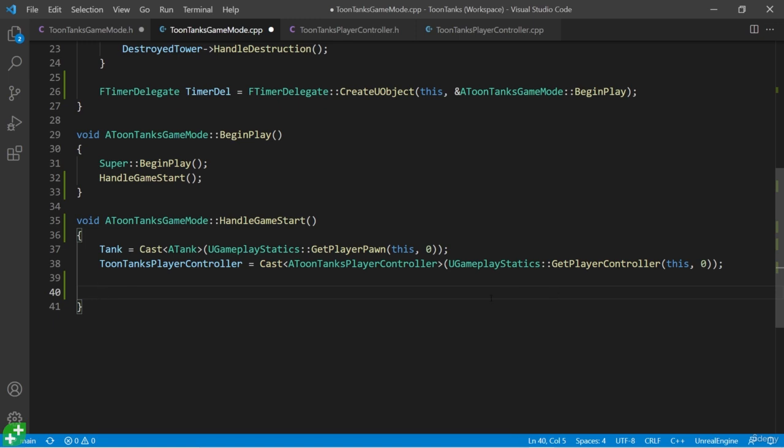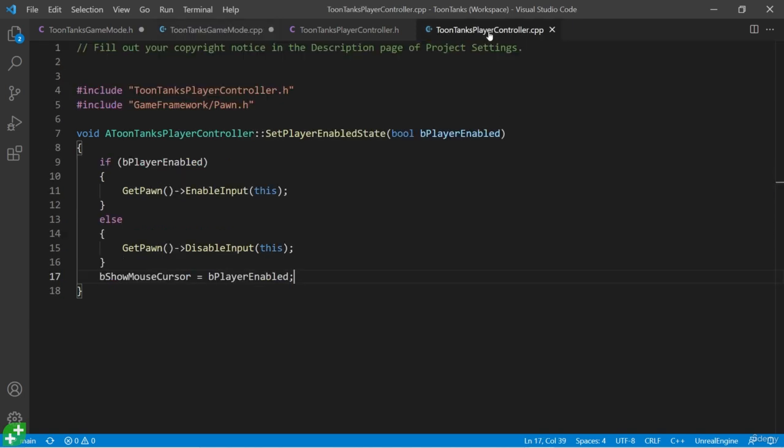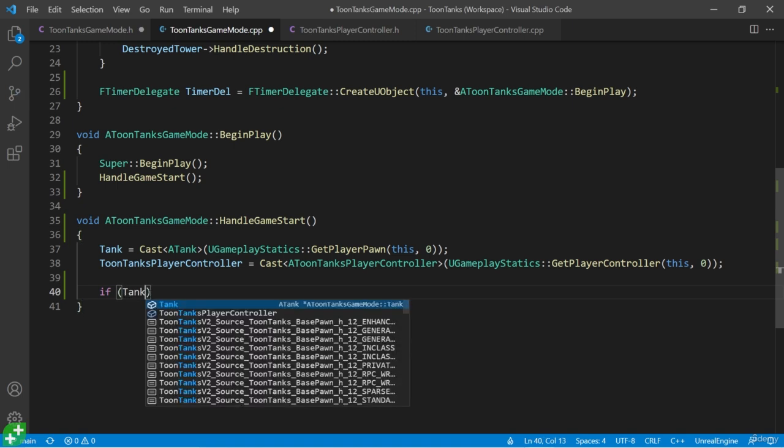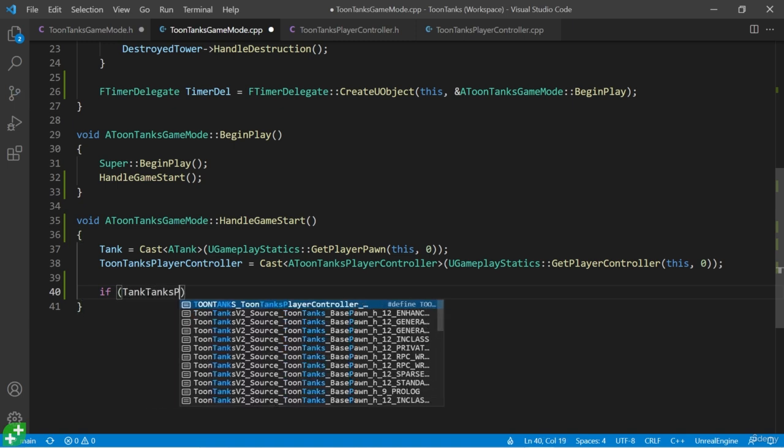Now, before we start the timer, I'm going to disable input so we can't move the tank just yet. And that's going to require our function we placed here in Toontank's player controller called SetPlayerEnabledState. And that means I'm going to use Toontank's player controller. And if I'm going to use Toontank's player controller, it's a good idea to make sure it's valid. So I'm going to say if Toontank's player controller,